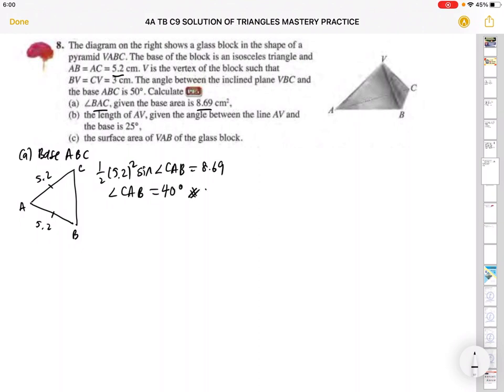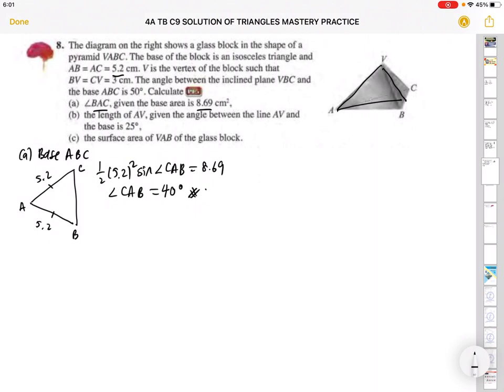Now the next thing is you're supposed to find the length of AV, given the angle between line AV and the base is 25. Okay, first of all, I would draw out this triangle VA here. Can you see this triangle here? Right? Now, to find the angle between a line and a plane,